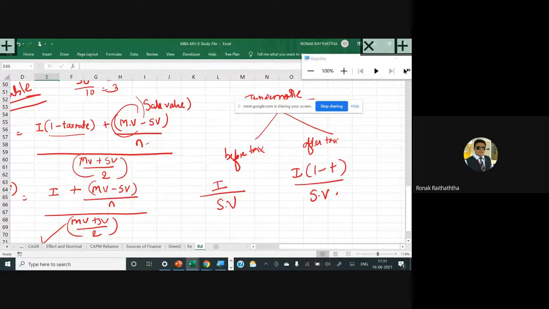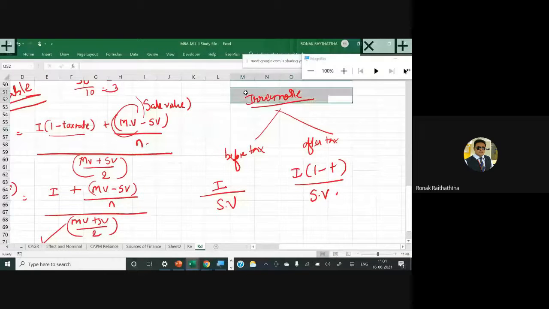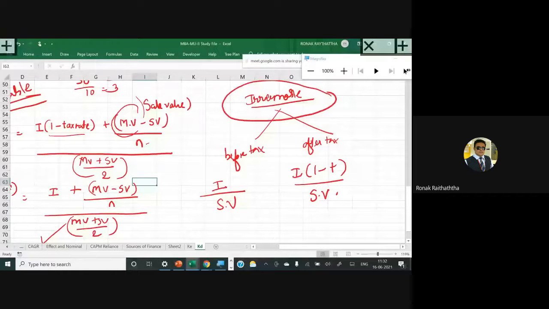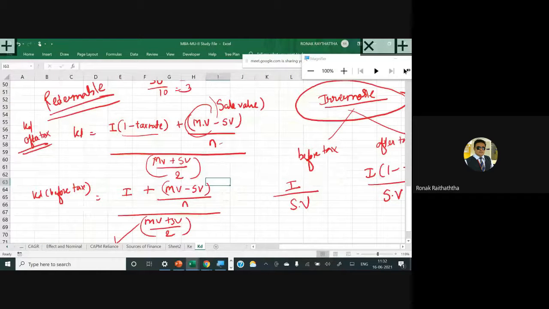So when it is the irredeemable debentures, follow this. I hope you people are writing it. I have one formula chart as well for this. I'm going to circulate that today only. But still, if you write it, it will be better for you. It's a proven scientific fact that if you write it, the retention increases by many folds. Redeemable, the same formula, KD before tax and after tax. Please look at it. In case you are yet to write it, I am giving you some minutes uninterrupted.